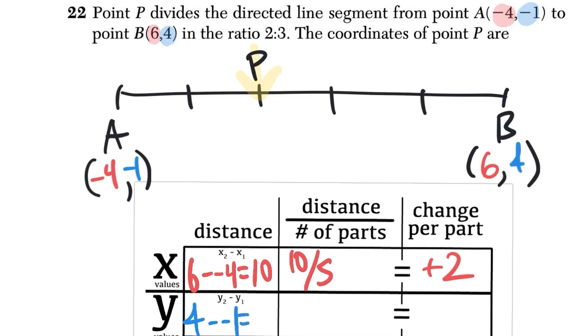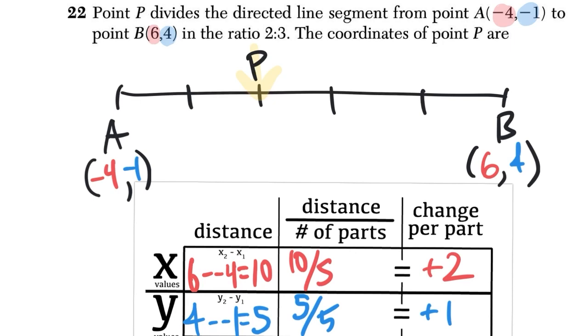And so that's going to give us positive 5. The distance is going to be 5 over 5. And so the change per part is positive 1. Beautiful. All right, so let's apply that to this segment so we can figure out what the coordinate is for